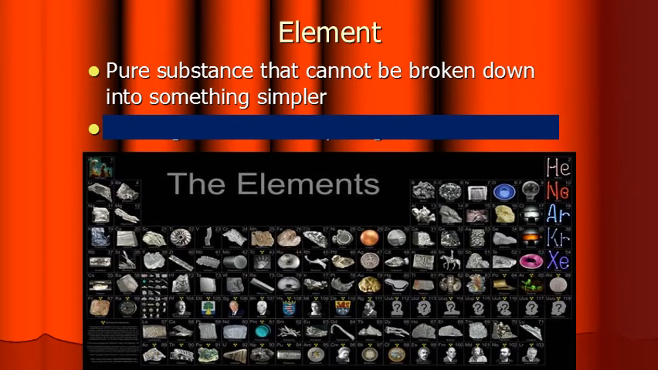So elements are a pure substance that cannot be broken down into something simpler. You cannot really break an element down into other things. It's just made of that element. So for example, as I showed you before, gold is just made out of gold atoms. You can't really break it down into anything simpler, whereas water is made out of hydrogen atoms and oxygen atoms,